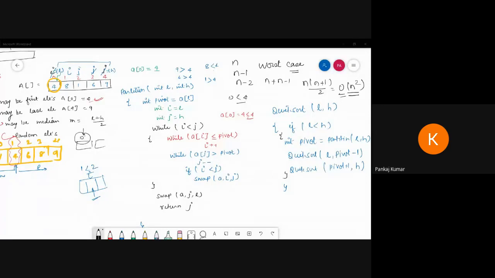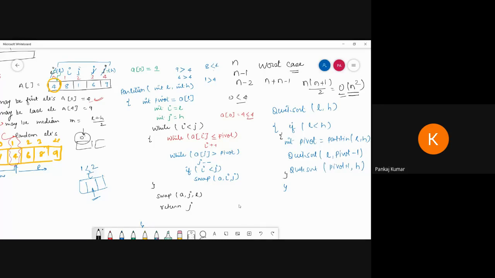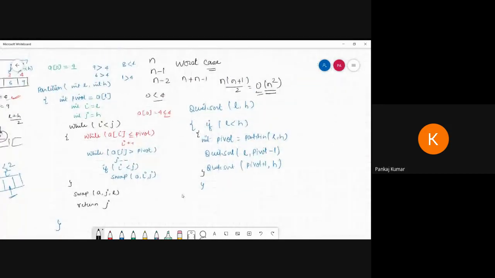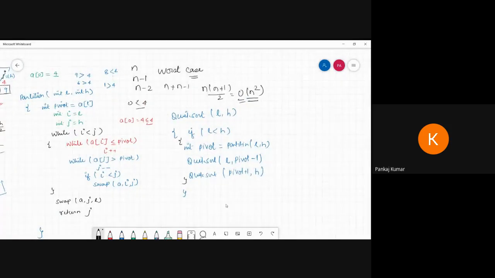Now I'm going to share some more concepts regarding quick sort, because most of the time they will ask about this in an interview. Now see, these things happen, so they basically ask.